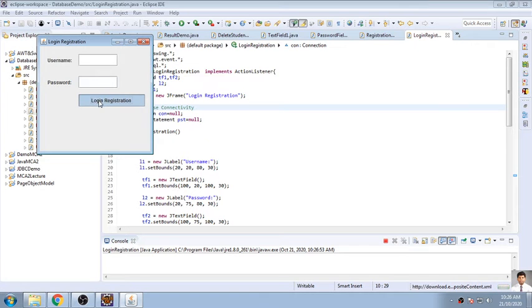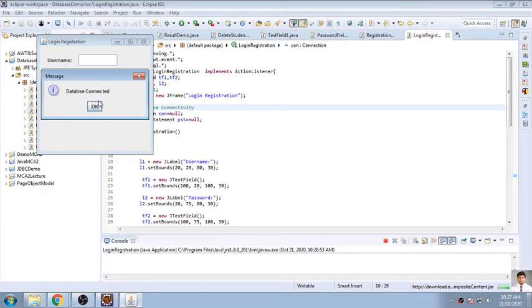When I click on this button, it should show me that the database is connected. Okay, so no issue about database connectivity.